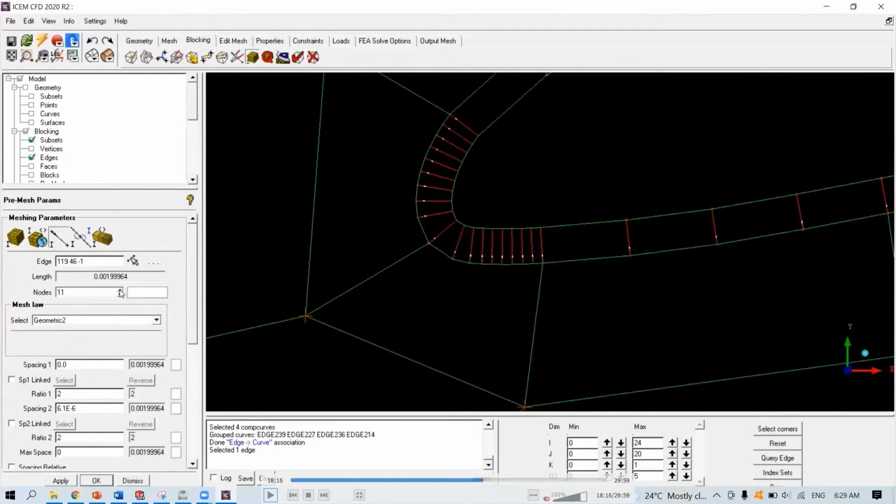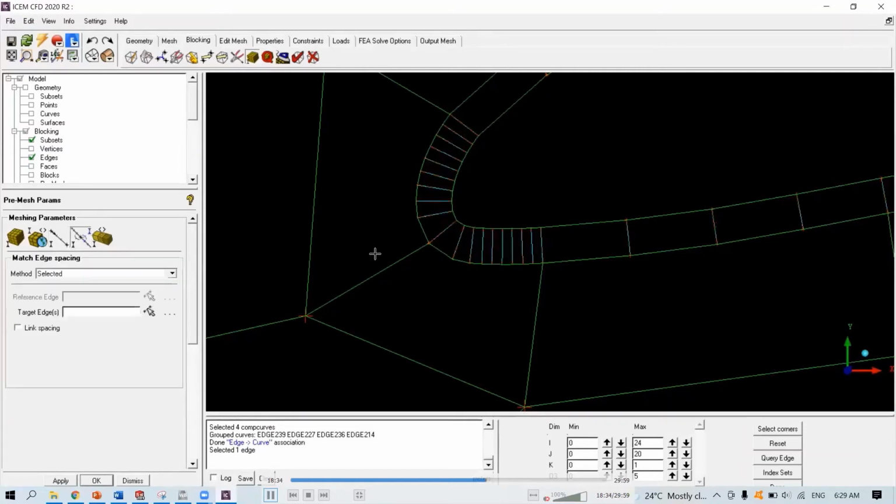And then it is best for you to just play around with the nodes, just increase it, and look at your ratio to see what the value is. Every time you increase the number of nodes, this one will change. So you can just try to get it around 1.1 or 1.2. It's up to you. Now it's 1.2. Now it's 1.1426. Now it's 1.1. 35 nodes.